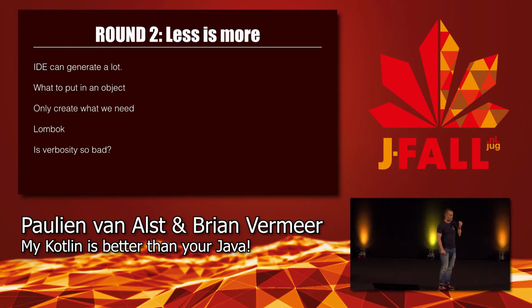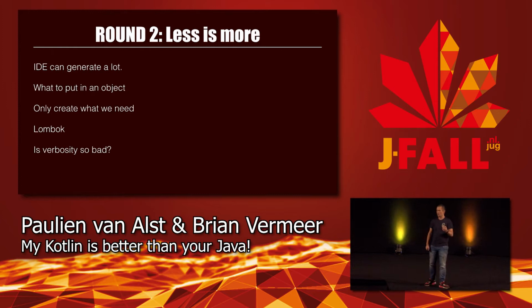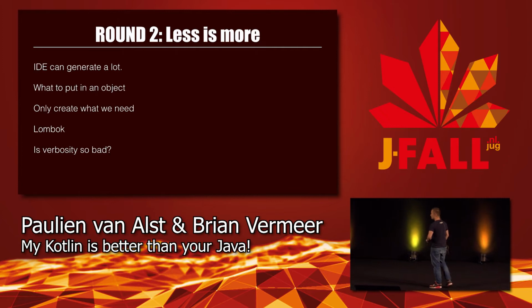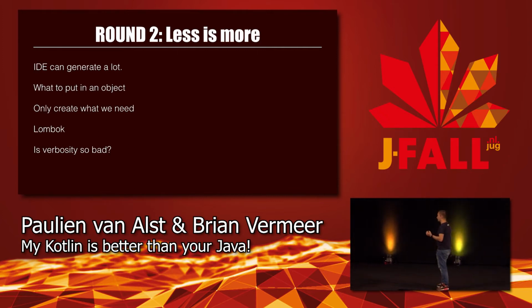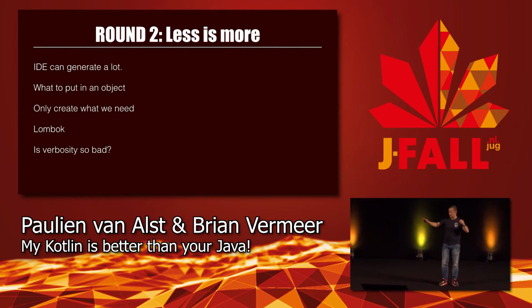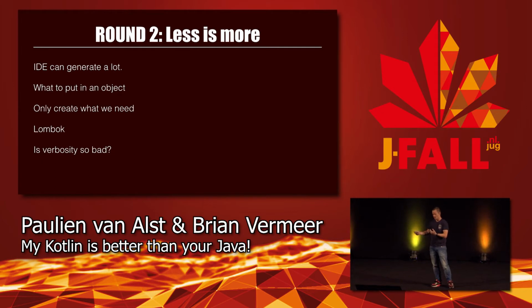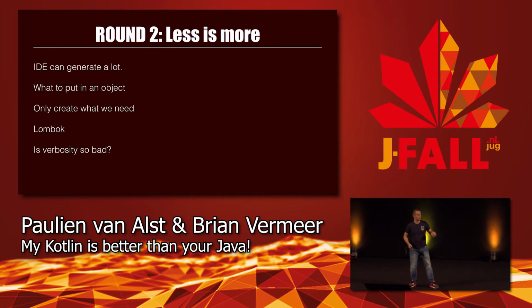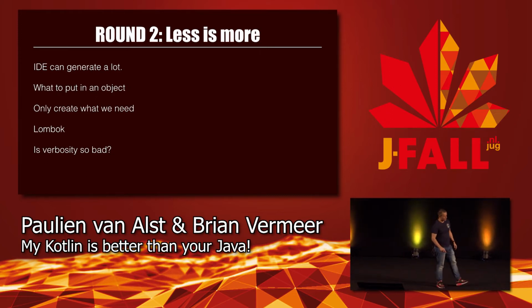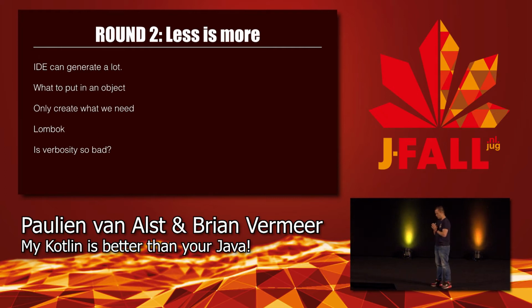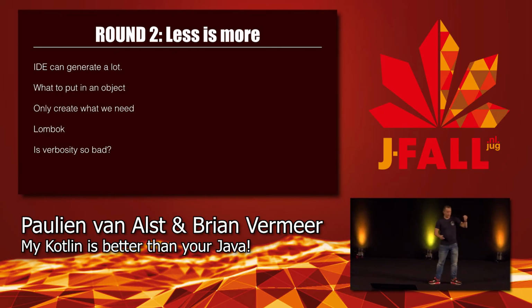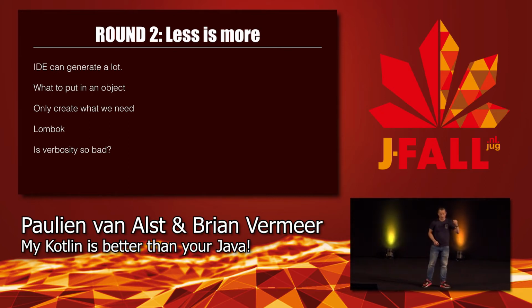But first of all, we have to think, what should we actually do with our objects? Because data objects give you all this stuff for free, but do you actually need it? That's a fair question, because that's also the thing that people say with Lombok, for instance. Yeah, just put the data annotation on it and we're done. But isn't that the same thing? I mean, shouldn't we only create what we need? And if we talk about boilerplate code and we say, oh wow, we need to implement so many annotations in Lombok to do this. First of all, if you write it down and if you use your IDE to do it,